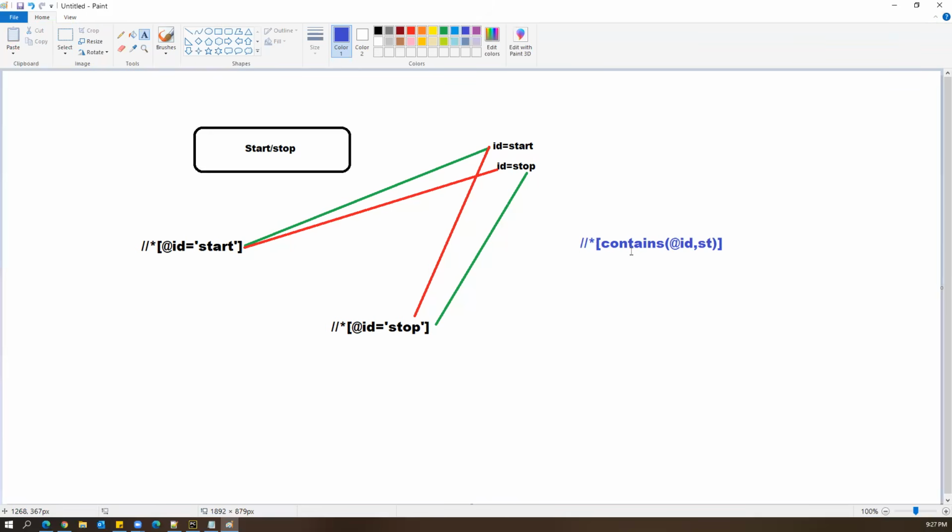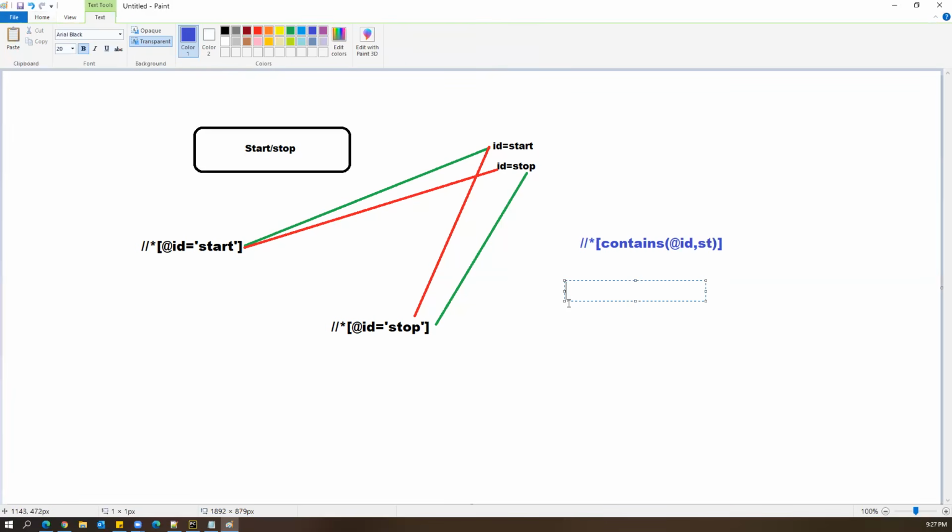And in this case, we can also use the starts-with method sometimes. Suppose here in both the scenarios, the starting point is ST and ST only, right? So we can also use a starts-with method instead of contains. So how to use starts-with? Simply you can say / star, and in the bracket, I say starts-with,